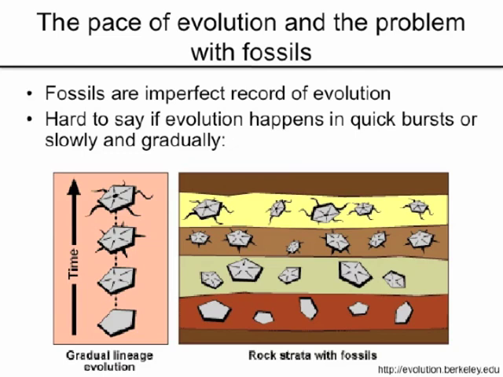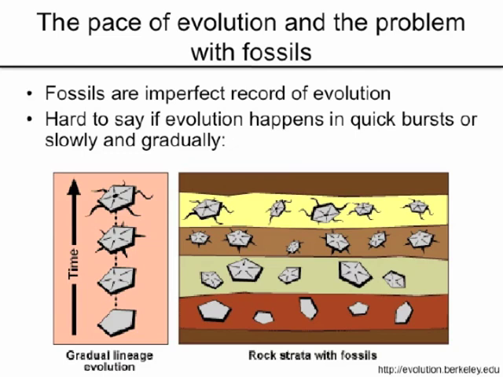So one of the big questions that we have about evolution is, what is the pace of evolution? Does evolution occur gradually, like in the graph on the left, or does it occur in spits and bursts? So does it happen very rapidly over very short periods of time? We can't go back in time to see these things. So this is a very difficult question to ask, but we can try to figure out what patterns we expect